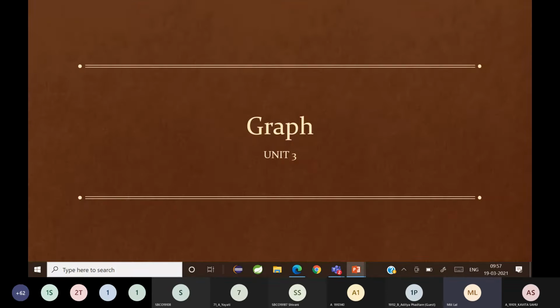Can somebody tell me what was minimum spanning tree? Minimum spanning tree से क्या समझ में आया? What do you mean by a minimum spanning tree? Does anybody remember? Yes, students, please speak up. It is a connected graph with a minimum number of edges. Yeah, it's a connected graph, and it has all the vertices, and yes, minimum number of edges. Okay.